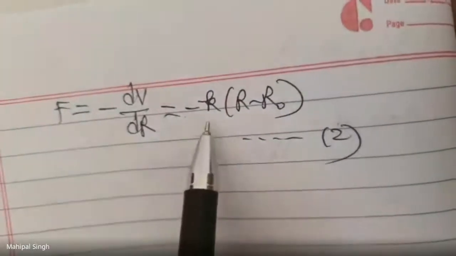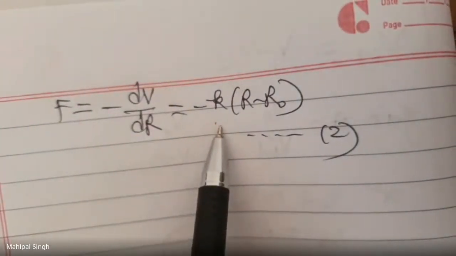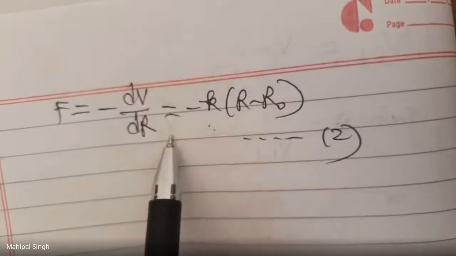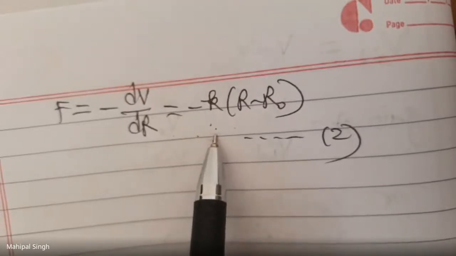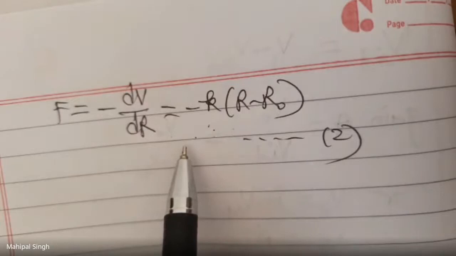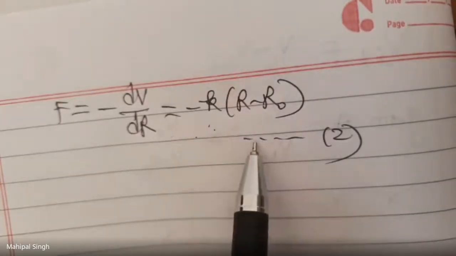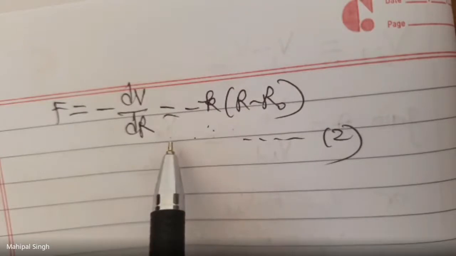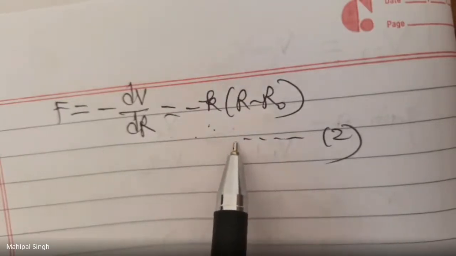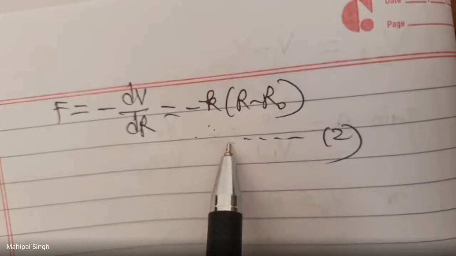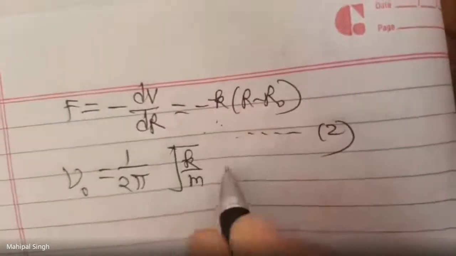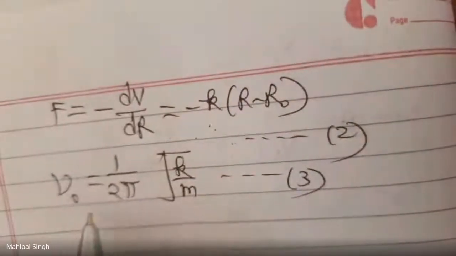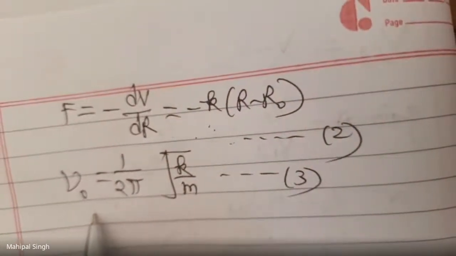The force is just the restoring force that a stretched or compressed spring exerts, and as with a spring, a molecule suitably excited can undergo simple harmonic oscillations. Classically, the frequency of a vibrating body of mass m connected to a spring of force constant k is nu naught equal to 1 upon 2 pi root k upon m. Equation number 3. This is the very well known expression for the frequency of vibration of a mass-spring system.